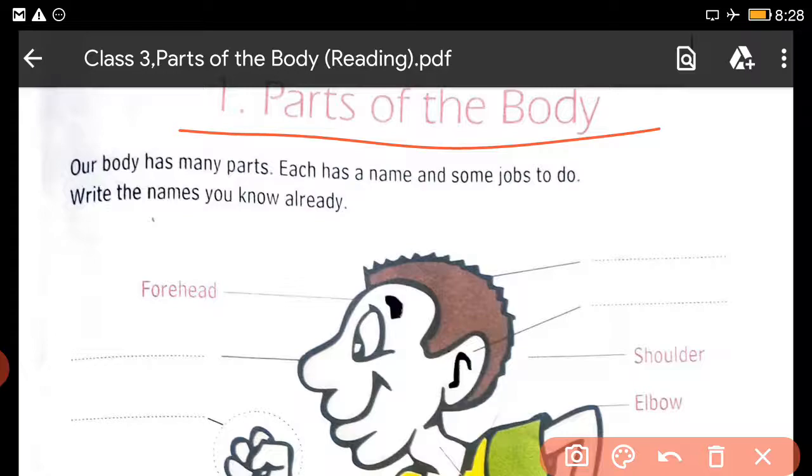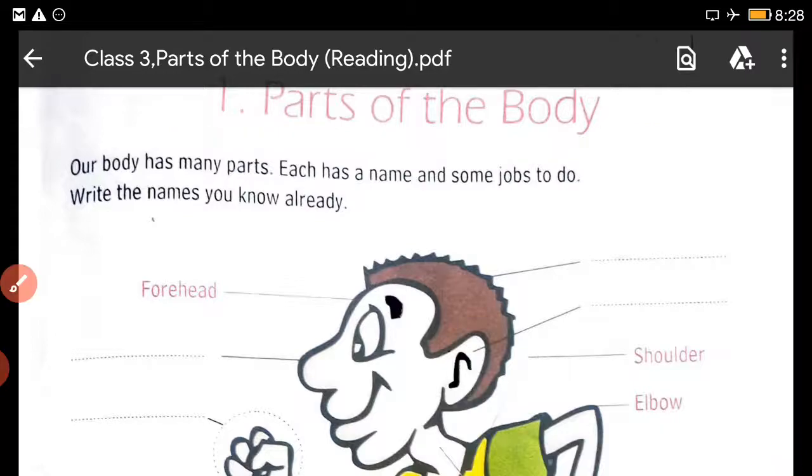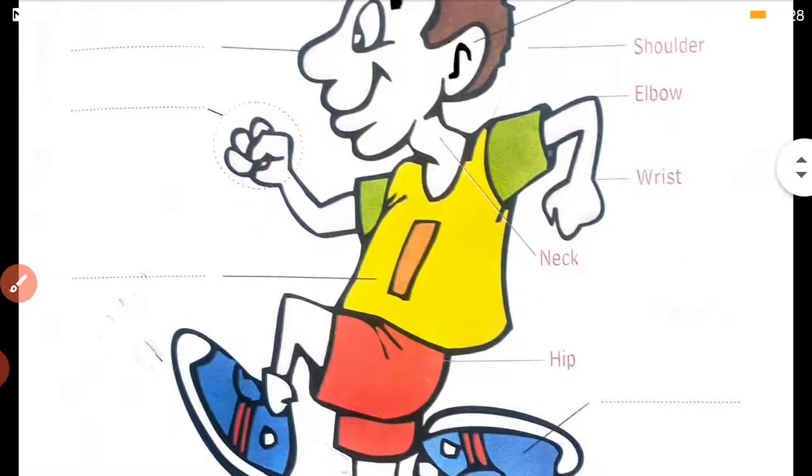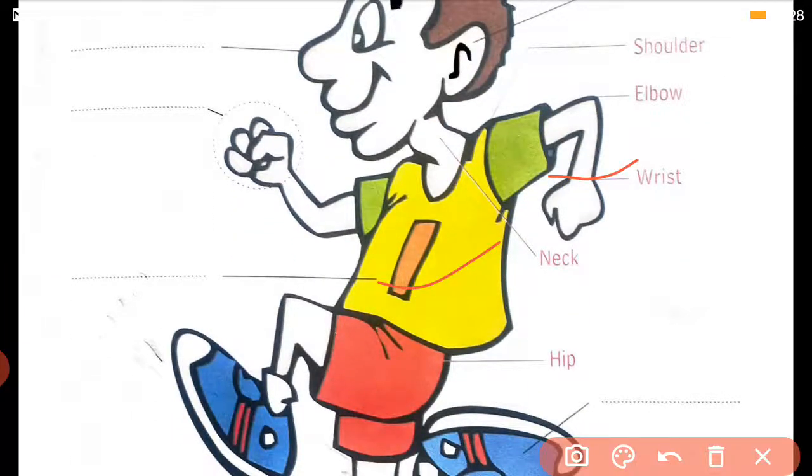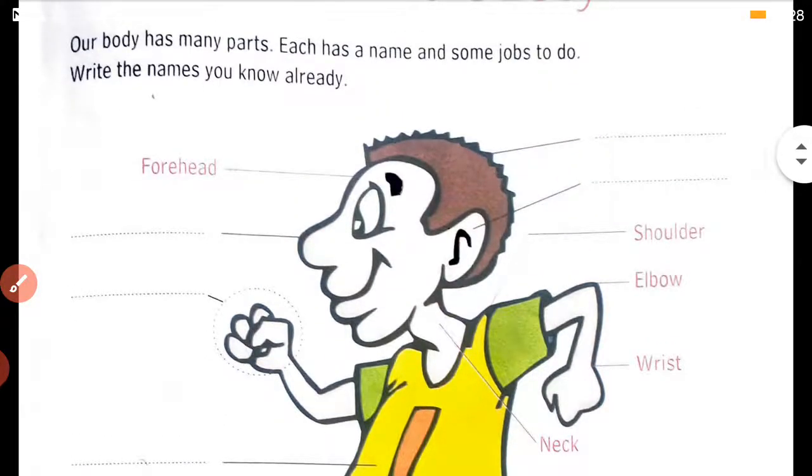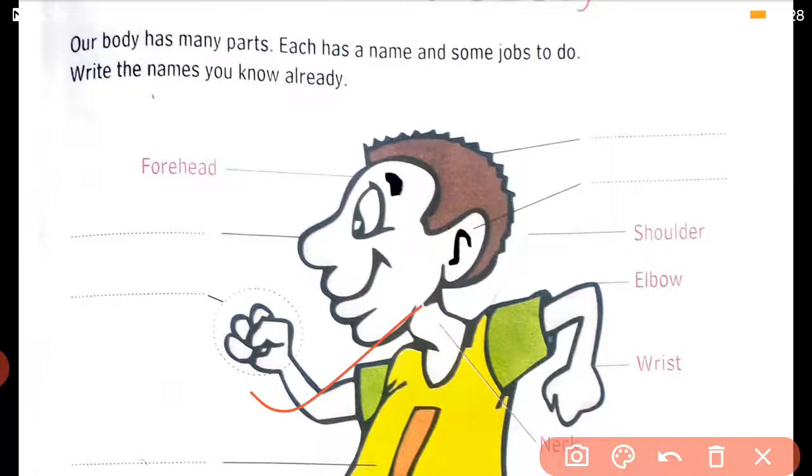Then comes your neck. Then comes your body part, which are the hands, the stomach, the legs, and so on. And internal organs are the heart, lungs, kidneys, stomach, etc. So in this we will see basically about the parts of the body which you are able to see, which are external. Now here is a diagram. Here the parts of the body are given along with few labelings, like forehead is written and few dashes are given. So let us see what are the parts.